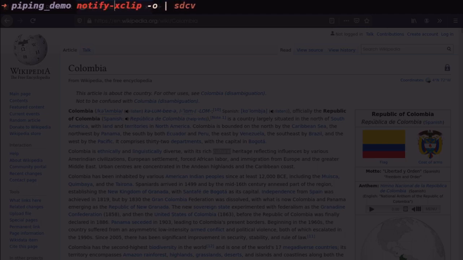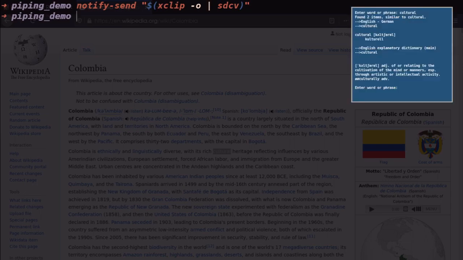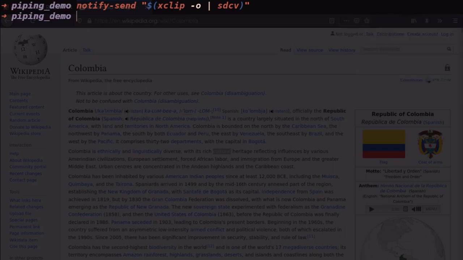Instead, what I'm going to do is I'm going to type notify-send, and I'm going to use this, which is a shell operator to just capture the output of these commands, and I'm going to wrap them around quotes. And now, if I press enter, what's happened is we've translated cultural, which was in my clipboard, through sdcv, and then we've provided that as a parameter to notify-send, and it's showing up on my